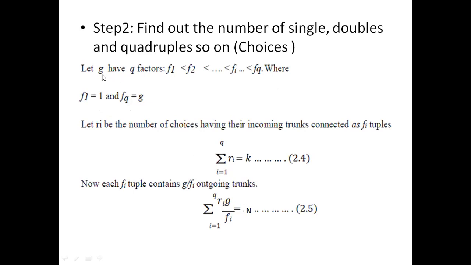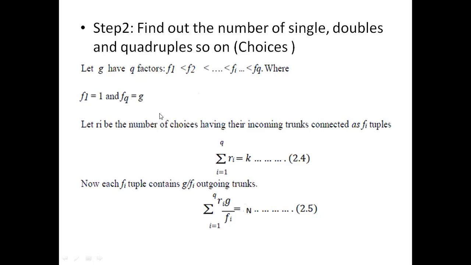Once the G has been found out, you need to find the factors of G. Based on the value of G, you might have a few factors. For example, if the value of G turned out to be 4, the factors of 4 are 1, 2, and then 4 itself. So how many factors are there? 1, 2 and 4 combined together. The total number of factors becomes 3. That's why the number of factors of G in this case, which is represented by Q, becomes 3.